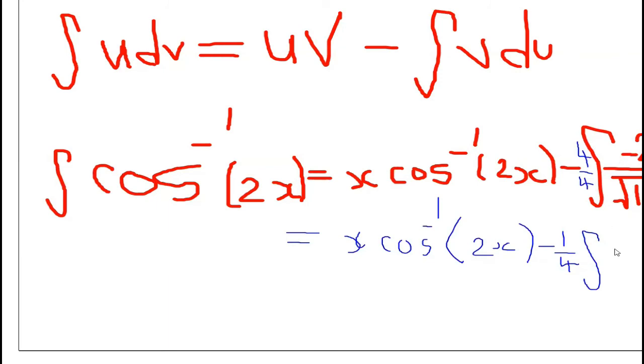This minus 8x is my du, so it's du being divided by the square root of u. Now 1 over the square root of u is u to the minus half. Integrating u to the minus half gives u to the half. So what I'm going to get is x cos inverse of 2x